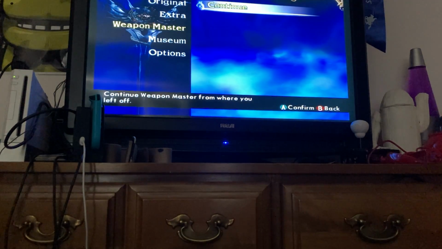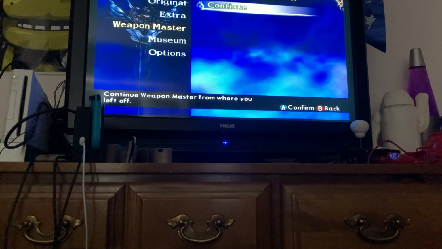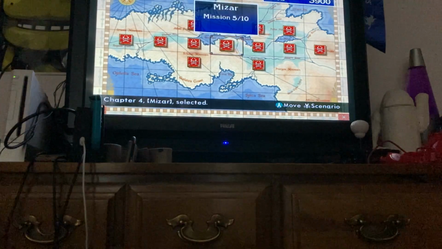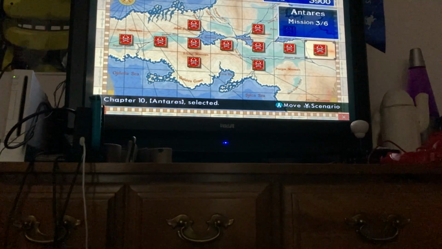This is campaign mode where there's specific circumstances to each fight and stuff like that, and that's how that works. This is where you unlock all the weapons. That's why it's called Weapons Master, because you unlock the weapons here. So, if you go over, which one do I want to do? I'm going to go to